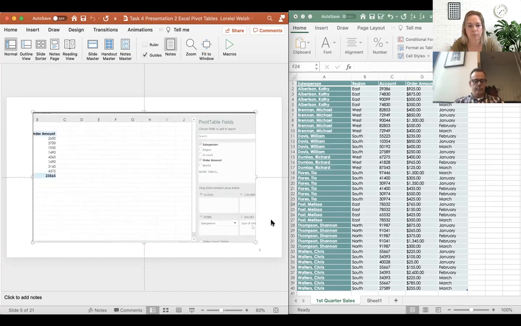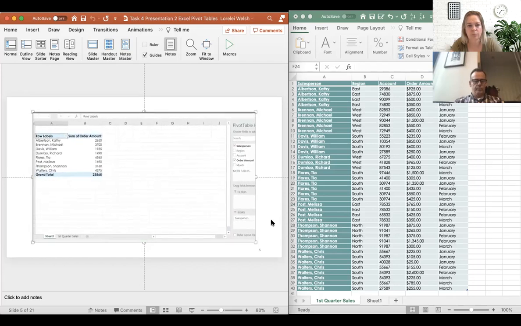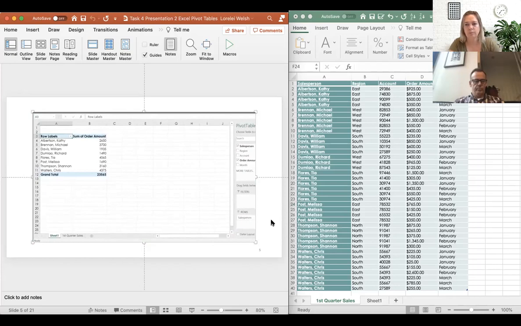If we go back to the pivot table, now we can see the information we were looking for. In other words, the amount sold by each salesperson. So our question has been answered just by choosing what fields to include. One of the best things about pivot tables is how easy they are to modify, so you can view and